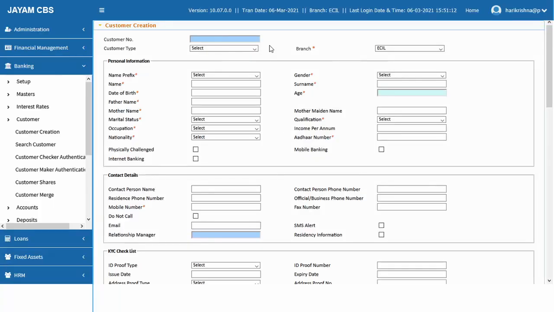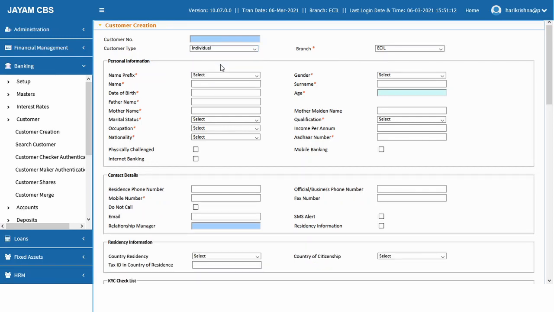Now I'll show you how to create an individual customer. If you want to create an individual customer, first you have to select individual customer, then the branch. When I logged in, automatically the branch will be selected.